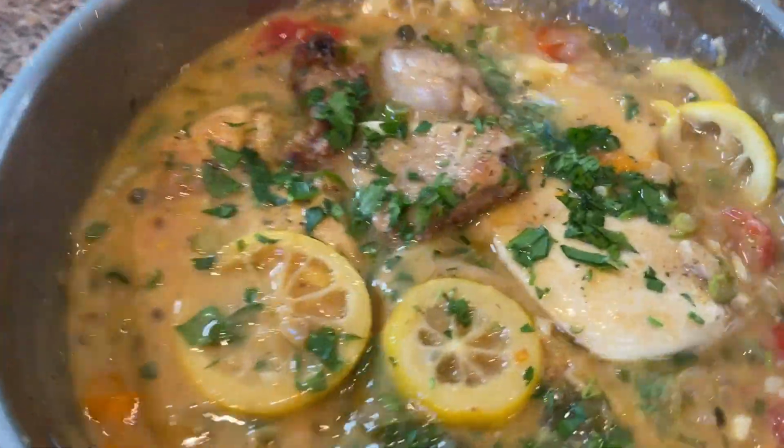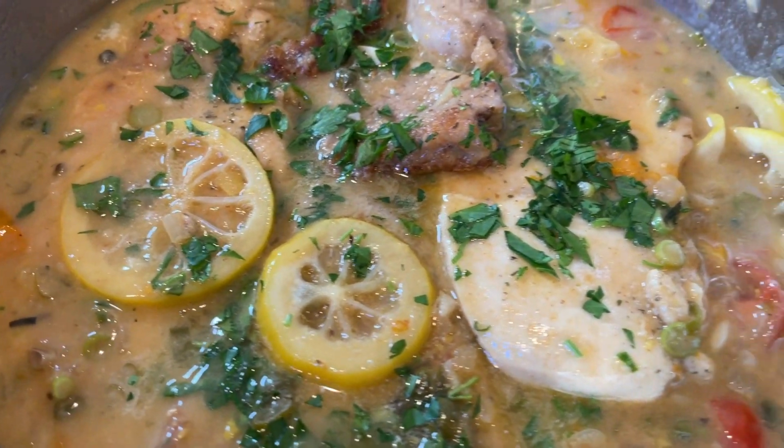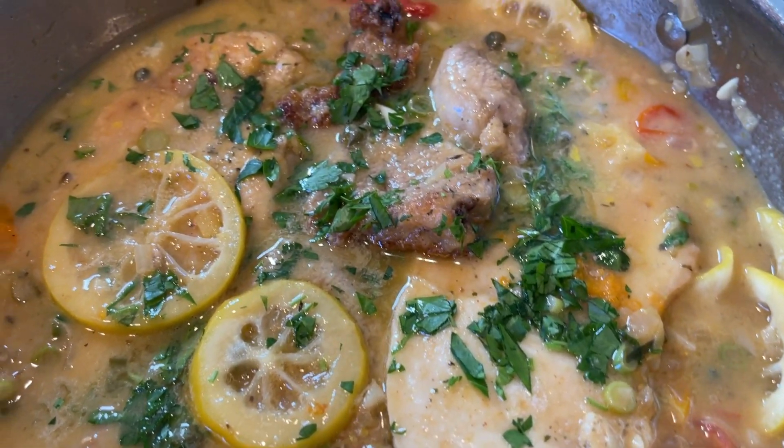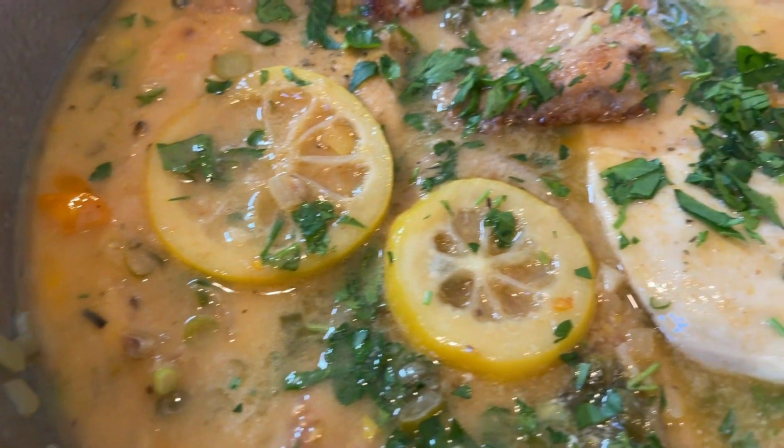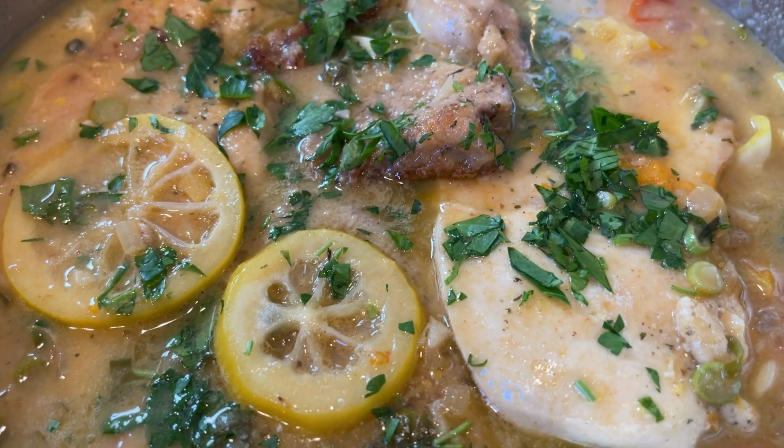Hey, who's hungry? Who wants some chicken and veal piccata? Yeah. I think it's also called lemon chicken, but...